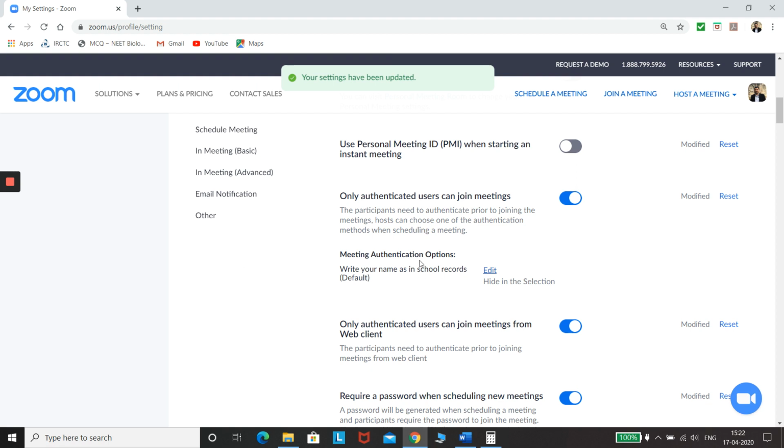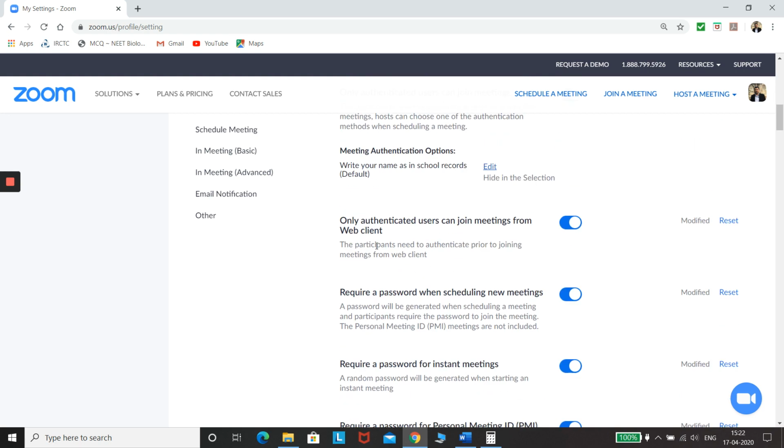This will make the students write their name in school records before they join the meeting, but only if they are not registered users. If they are already registered users, then their name will automatically appear. Only authenticated users can join the meetings from the web client.